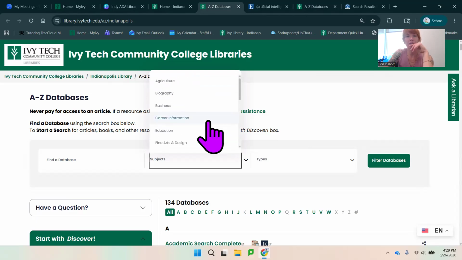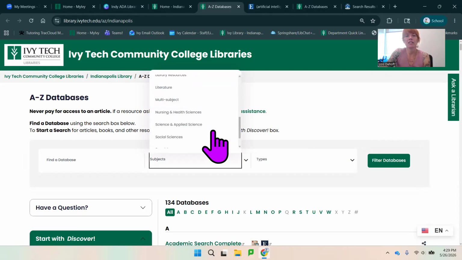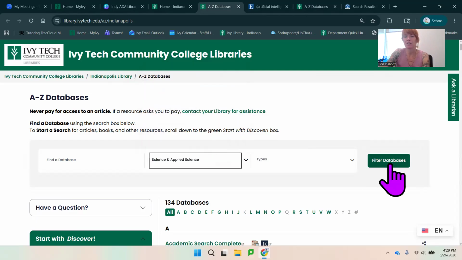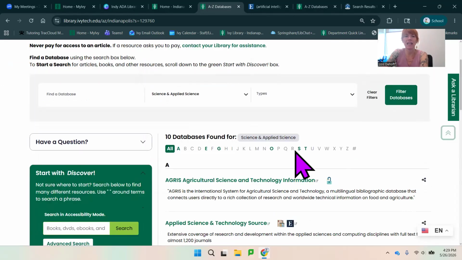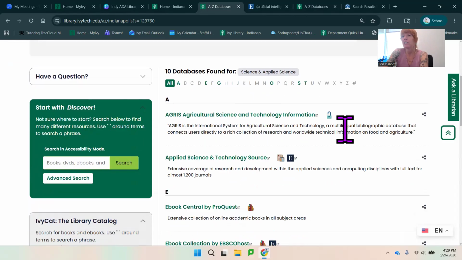I might be looking at education. AI has definitely impacted our world a lot here at school for many reasons. But whatever you choose, we'll go ahead and choose this science and applied science filter for databases. We have 10 different databases that fall under this filter, as opposed to over the 130 that